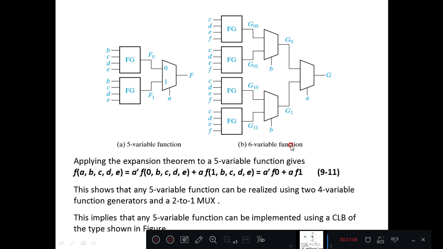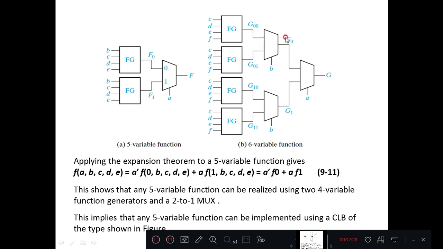To implement a 6 variable function, you can observe further, B, C, D, E, F are connected to 4 lookup tables, and the outputs generated, G00, G01 and so on, are connected to the multiplexer, and B will select the G0 or G1 implementation.